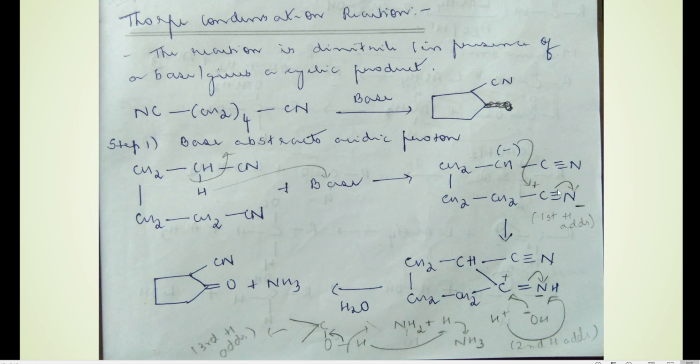And then since nitrogen initially has three bonds, one bond starts to pull towards itself and it gets a negative charge, and there is H plus in the reaction medium. So since this nitrogen has a negative charge, one H plus from the reaction will come and attach to this nitrogen to give NH.